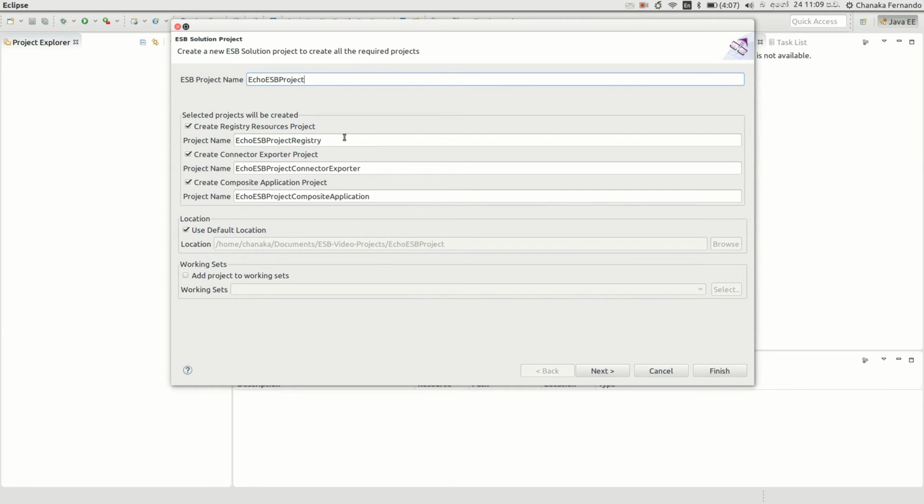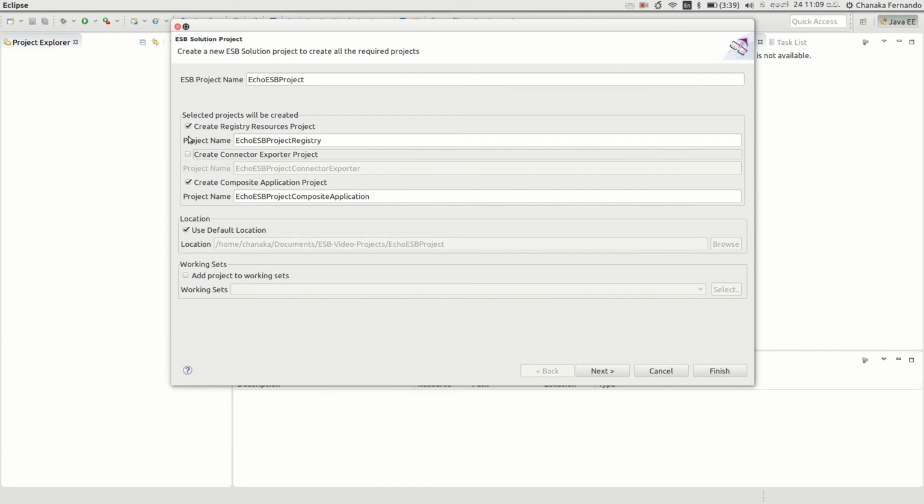In the ESP solution we have four types of projects created by default. First one is the ESP configuration project, then there's a registry resources project, a connector exporter project and a composite application project. For this scenario I will be only using the ESP config project and a composite application project.